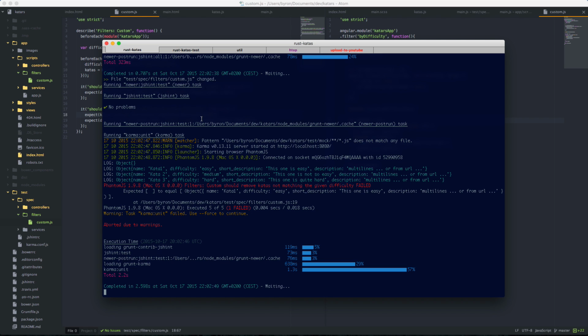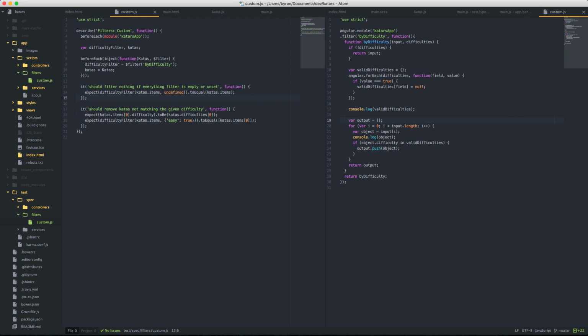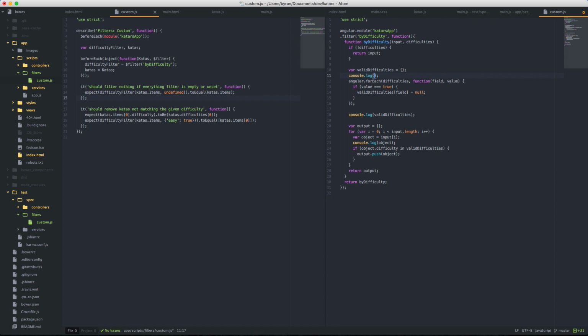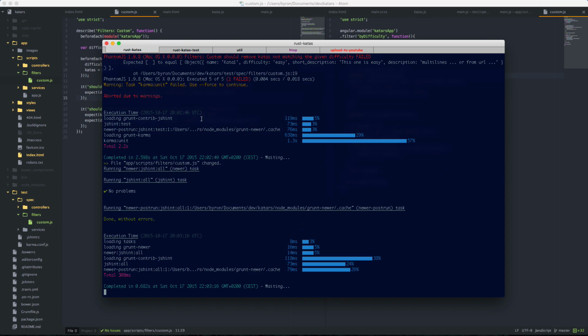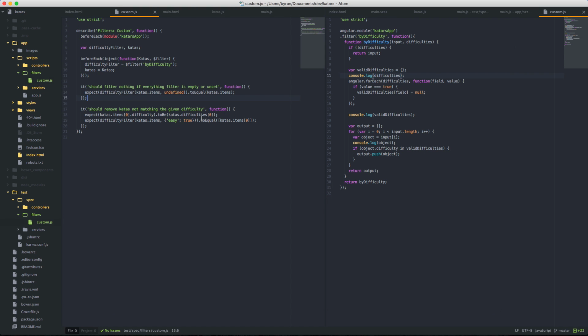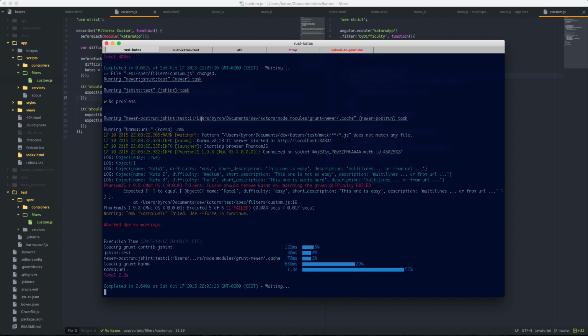So, do I see some printings? Log object. Okay, so it gets the object as we expect, but the valid ones are not working as expected. Difficulties. That's odd. Easy, true, fine. That's exactly what I thought, but